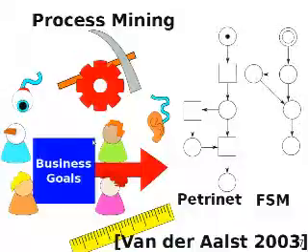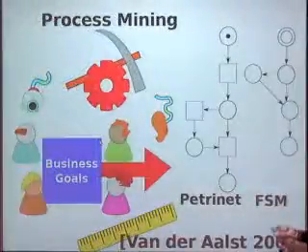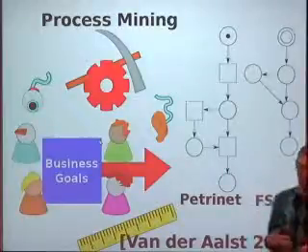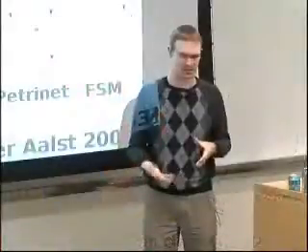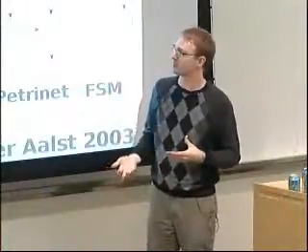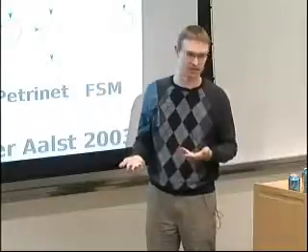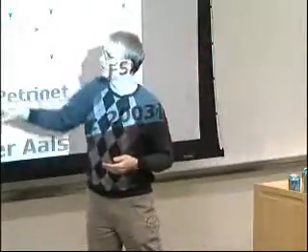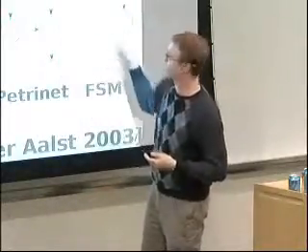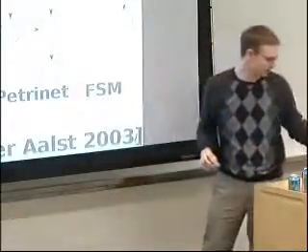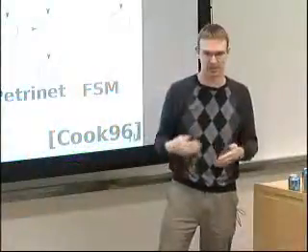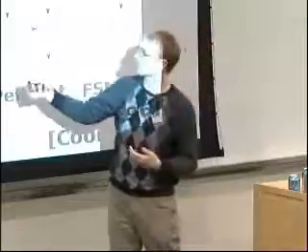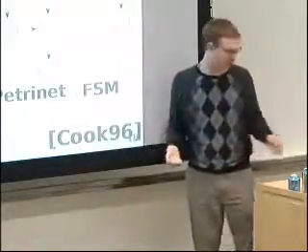So this work comes out of work by Van der Aalst on process mining, where he would monitor a live business process, like buying chicken McNuggets at McDonald's or setting up insurance clients, things like that. They would monitor and measure the process, and then they'd formalize it either as a Petri net or finite state machine. Cook et al. took that further, and they applied this to software. So they tooled the process, they modified the process to actually get more information so they could observe it and extract these Petri nets and finite state machine